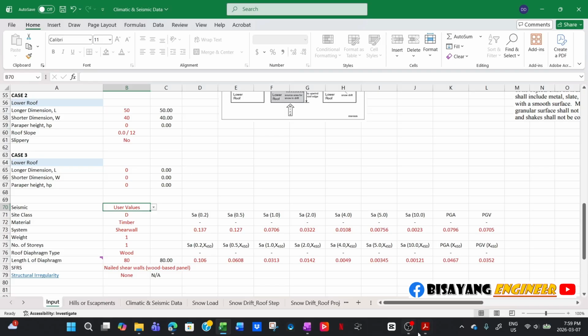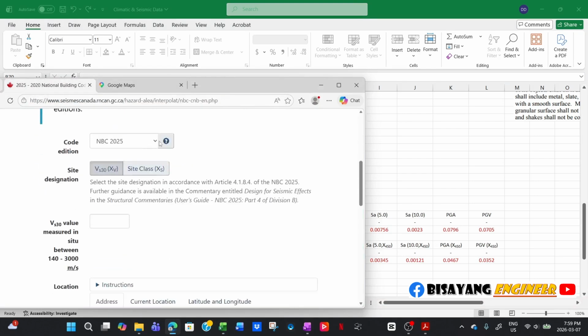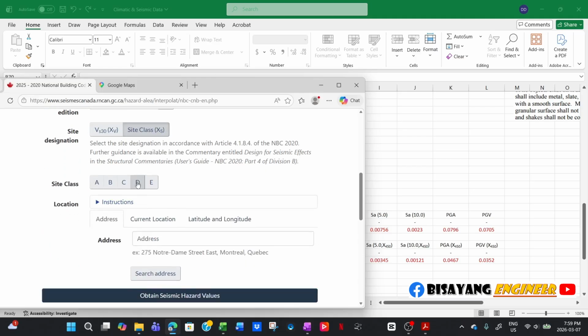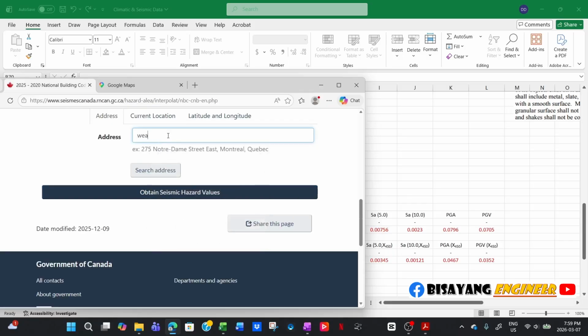All this information you can get from the hazard tool. So for example, this is in the BCBC 2020 because 2025 is not yet in effect. So 2020, site class D, and then location. Just type the location, West Vancouver,